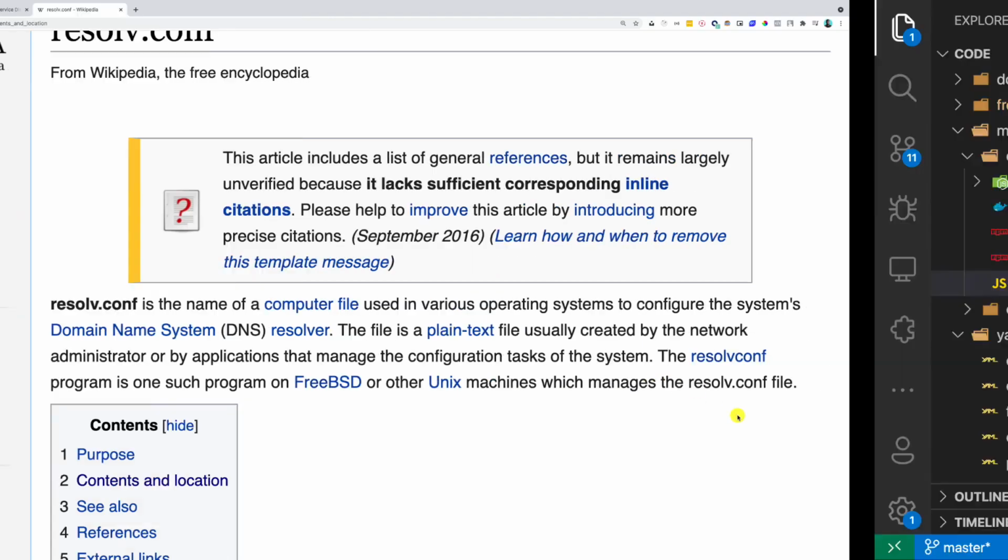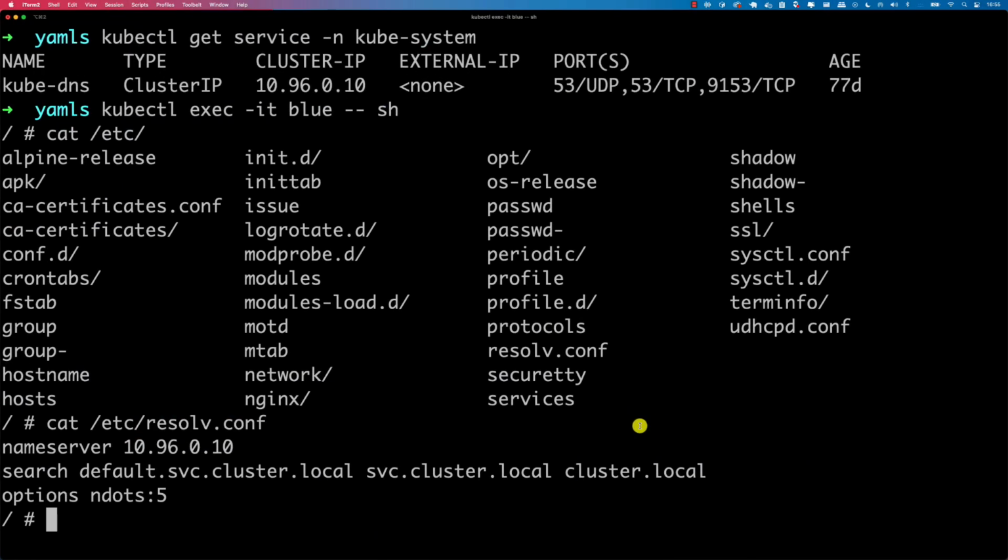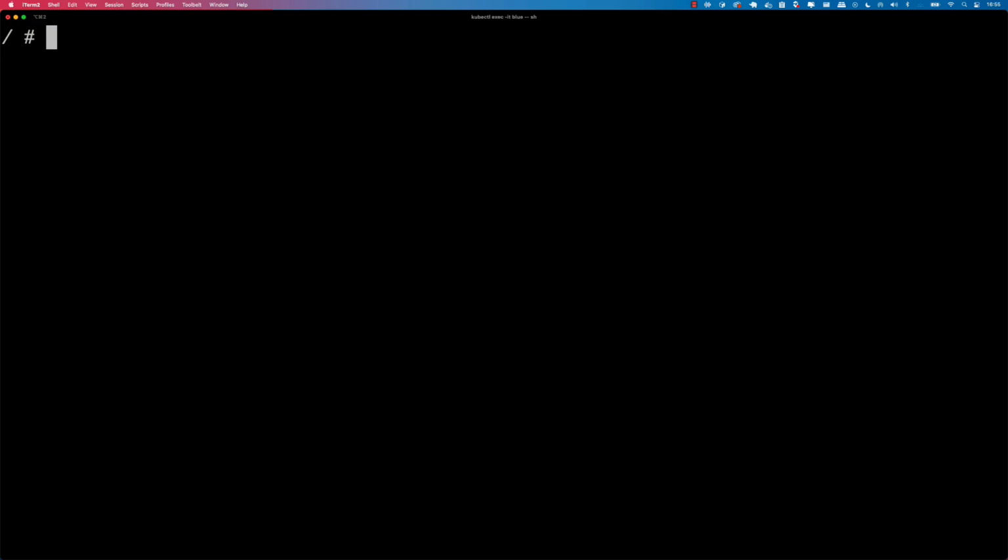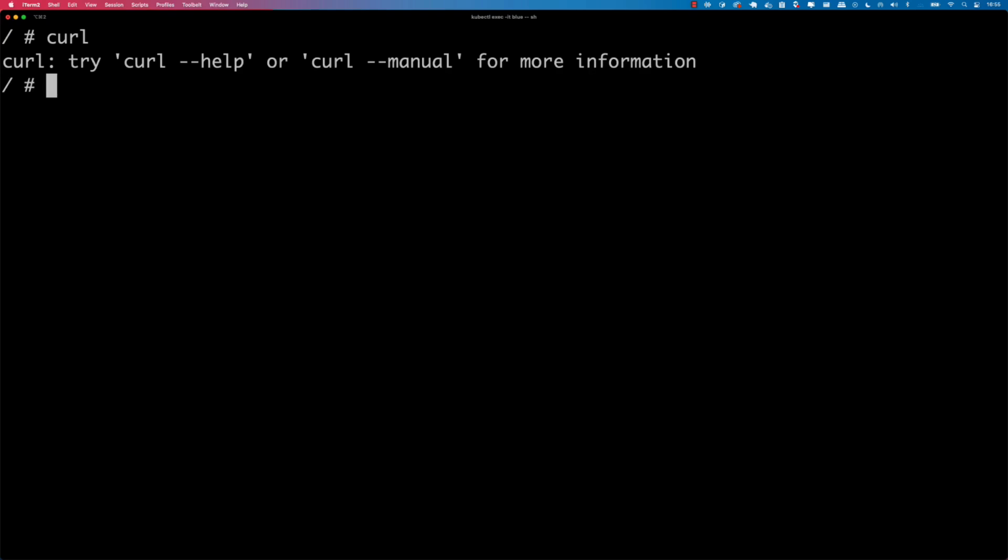And this means that, if I go back in here for a second, still inside of this blue pod right here, I can say curl. And if we have curl, so yes, we do have curl. So inside, I can say curl and then order, or actually